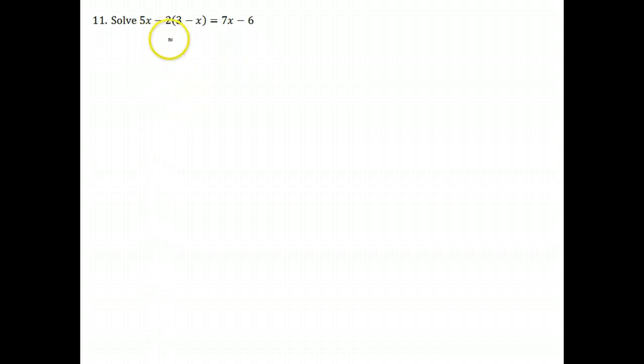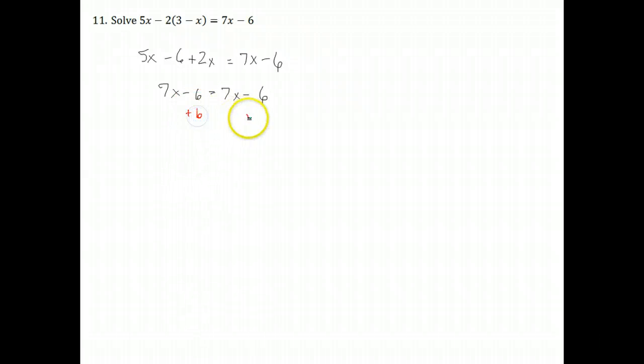First we're going to distribute this negative 2. It's going to give us negative 6 plus 2x equals 7x minus 6. We're going to combine like terms. It's going to give us 7x minus 6 equals 7x minus 6. We add 6 to both sides. And that's going to give us